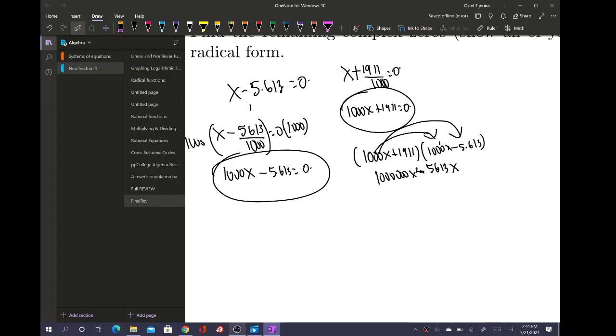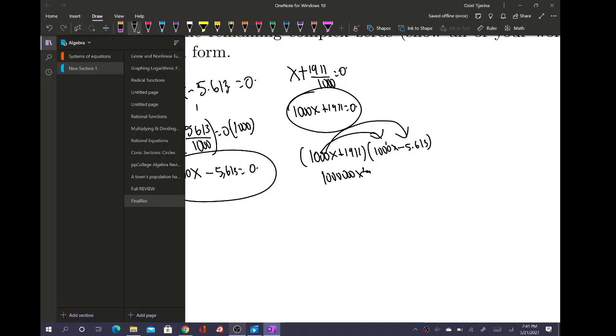Oh, actually, hold on. My bad. This is supposed to be 5,000, not 5 point. So basically it would be 5,613. So 1911. So basically you have 1,000 times negative 5,613. That's negative 5 million. So it's minus 5,613,000 x, and then plus